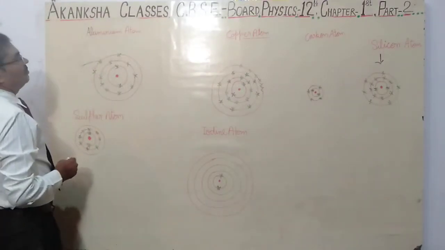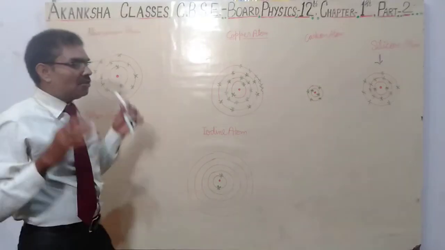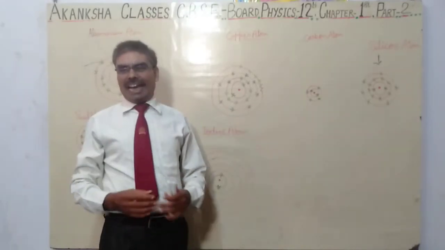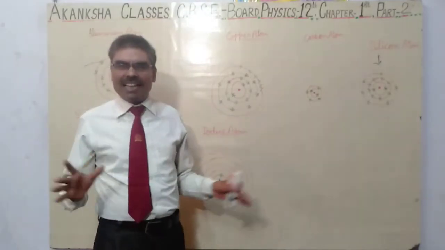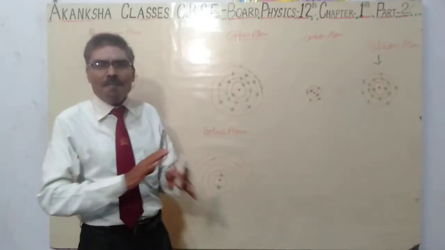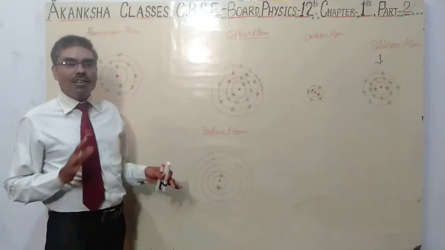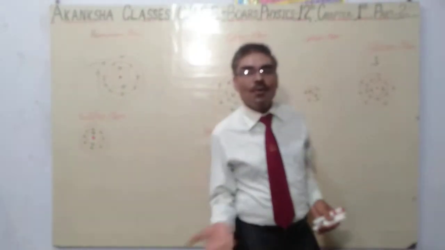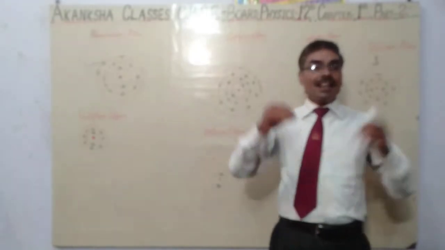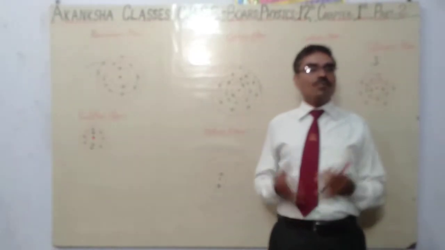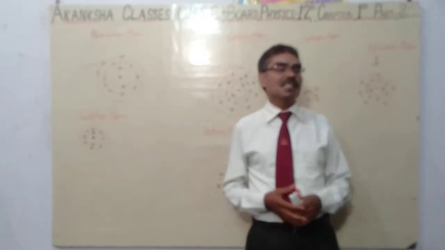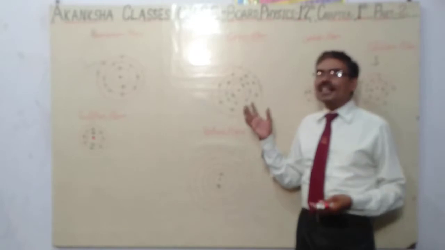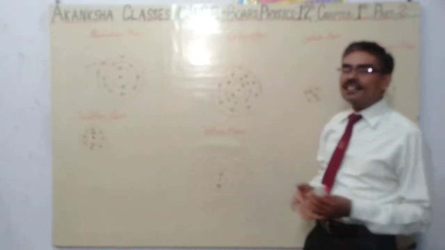They are insulators: a substance that doesn't allow electricity to flow through it at all. No electricity, no permission, no permittivity is known as an insulator. And one that permits it to go is called a good conductor. Hence metals are supposed to be good conductors of electricity, while non-metals are supposed to be bad conductors of electricity